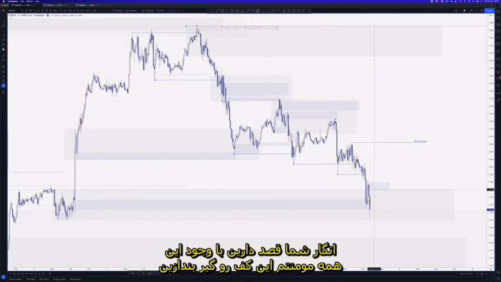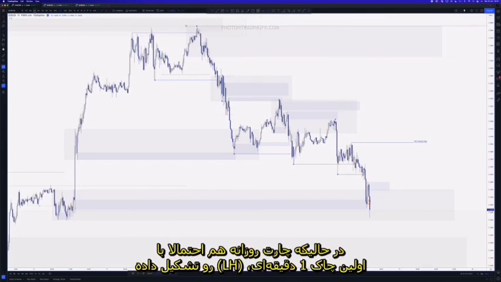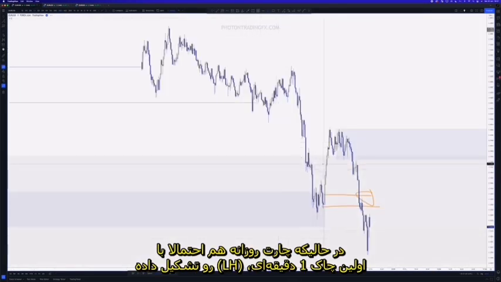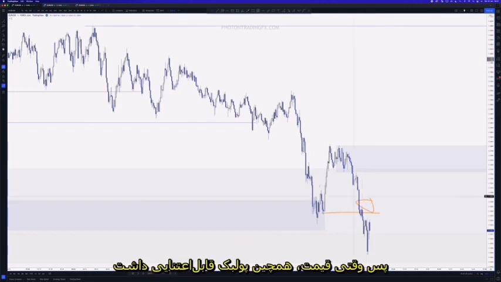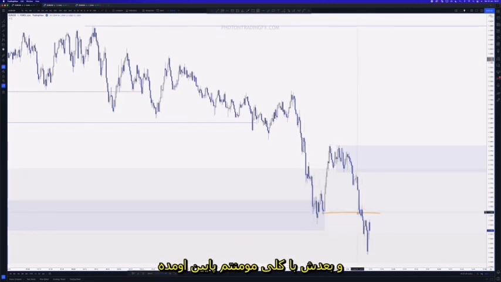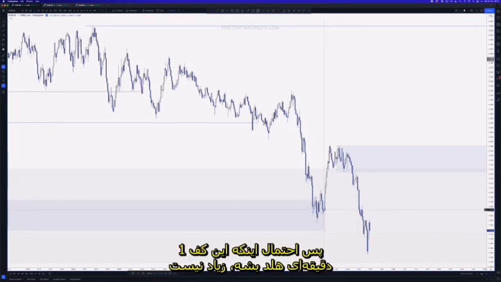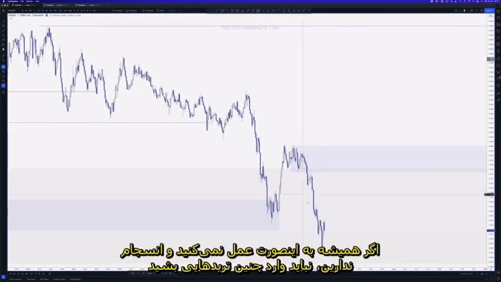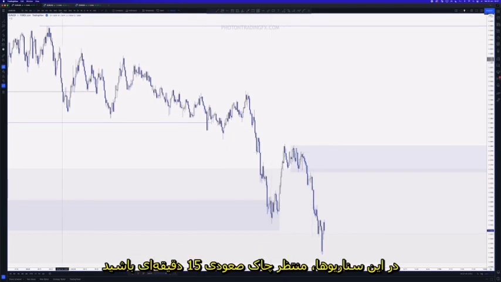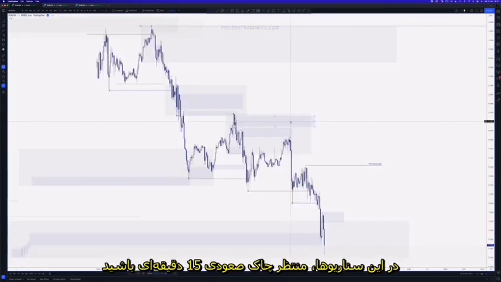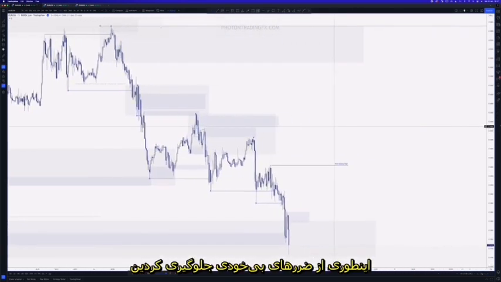You're trying to basically call this low against all of this momentum when the daily's potentially putting in a lower high as well, with the first M1 change of character essentially. So when price has already had this decent sized pullback up to this clear supply level and is coming down with a ton of momentum, this is a weak M15 low, right? So the odds of this M1 strong low holding is not great. Now these can play out potentially, but unless you're consistent, these are the trades you want to be avoiding all day long, right? Do not be taking these. Wait for an M15 bullish change of character in these scenarios,